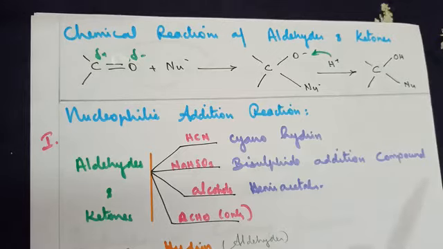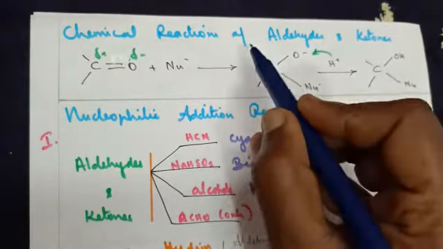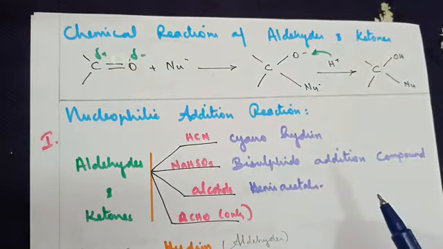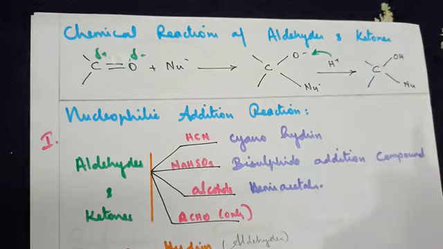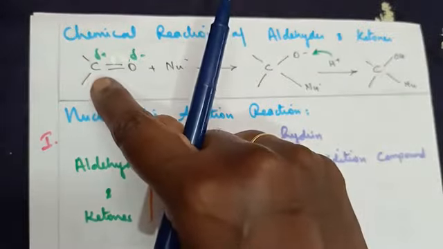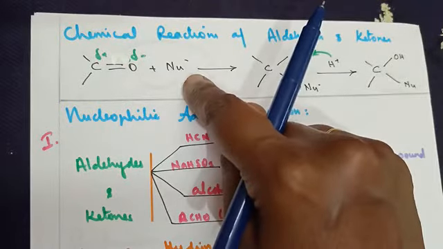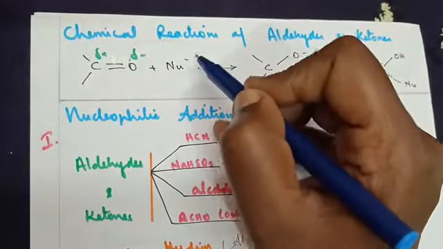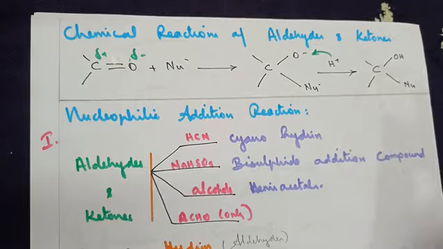Good wishes, dear students. The concept you will be learning in today's class is chemical properties of aldehydes and ketones. So before we move in with the reactions, only one concept you need to remember. When you treat an aldehyde or a ketone with an incoming nucleophile, you know that the nucleophile is a negatively charged group. It will search for the positively charged side to form a bond here.